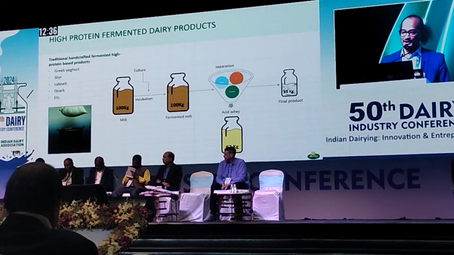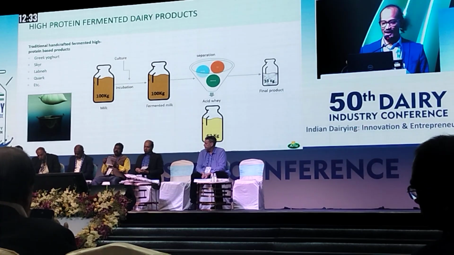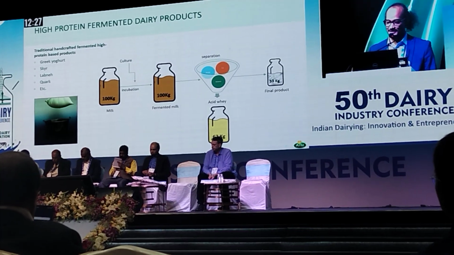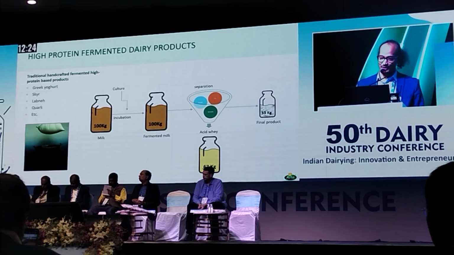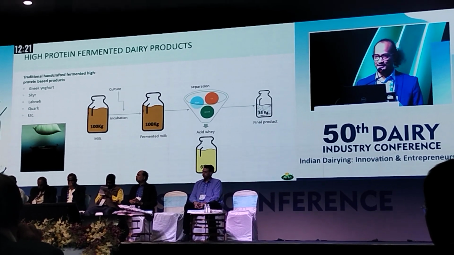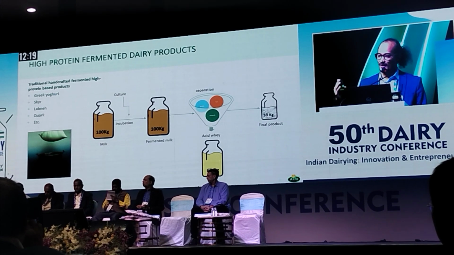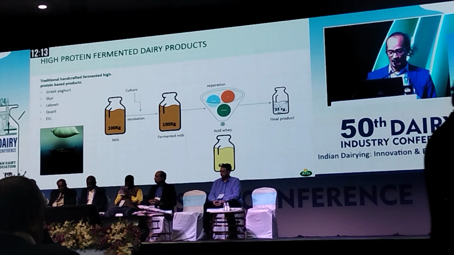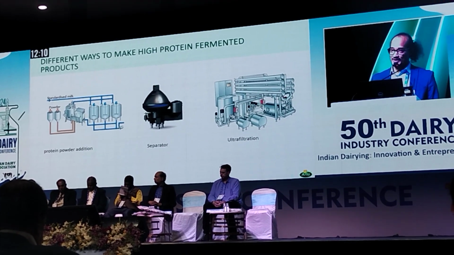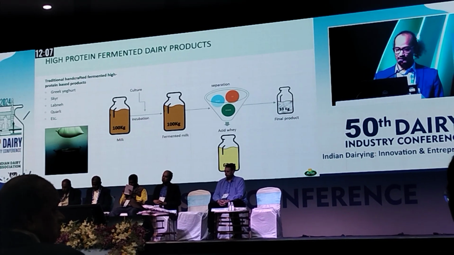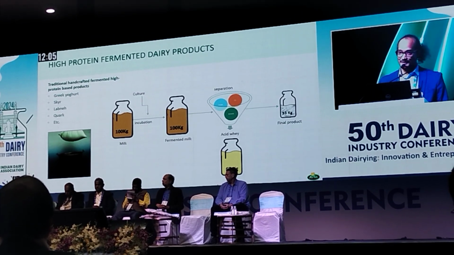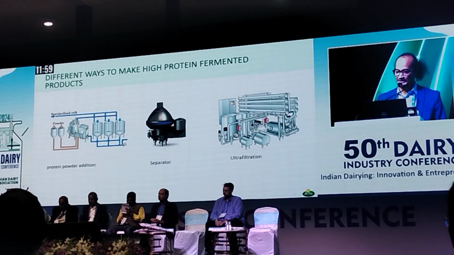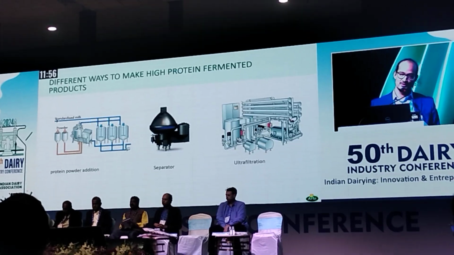The way we produce this is we have milk, we ferment it, and then after fermentation we do the separation process. By doing the separation process, 1/3 of the milk is converted to a final product, and then 2/3 of the milk is separated as acid whey. To do that, the separation process in the earlier slide, you can do it by separator, for example, the centrifugal separator, or ultrafiltration. But there is another technique you could actually add